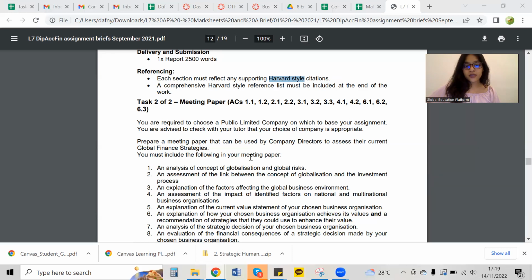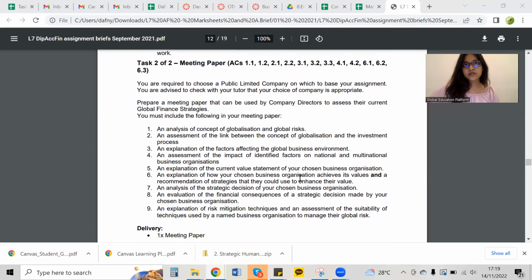And you must include the following in your meeting paper. So it's quite direct. They've already given the points which you need to address in your meeting paper. So first, an analysis of the concept of globalization on global risk. So it's a basic analysis. It's about you define it and you show some added knowledge onto that. What is globalization, the concept of globalization, and the global risk, the risk involved in terms of the global market,